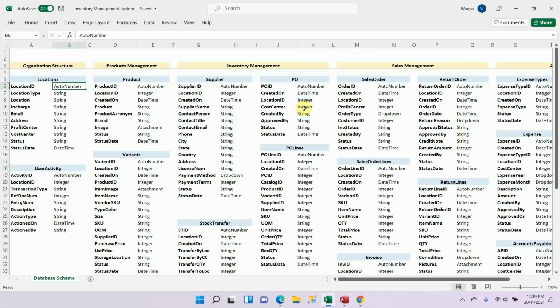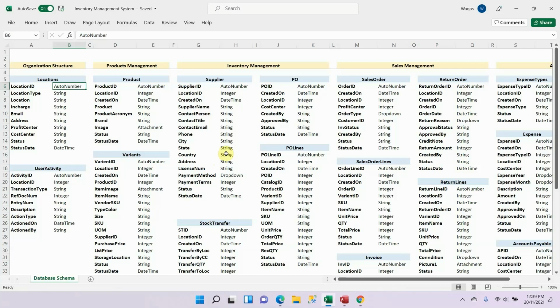Right, any software application that you are developing, whether it is a small, medium, or large application, you have to have planning. Planning in the sense of, first of all, understanding the process. It's very important. In this case, the inventory management process is that a central warehouse procures the